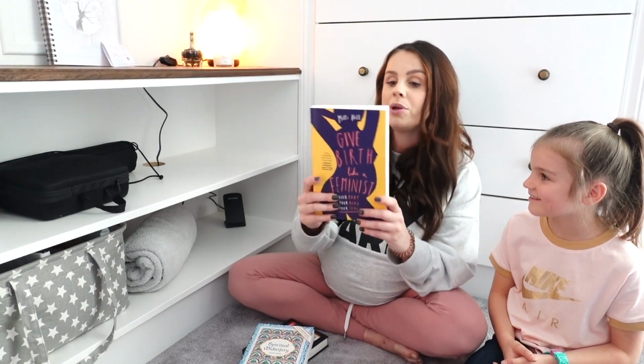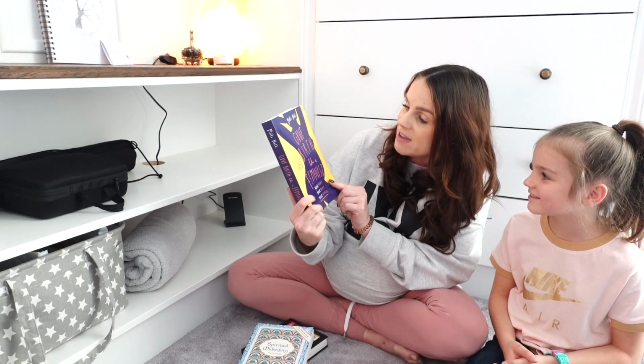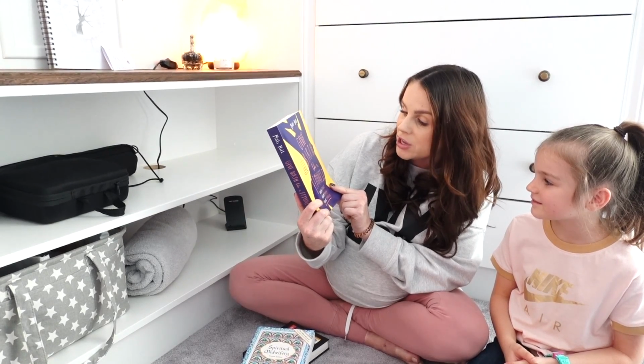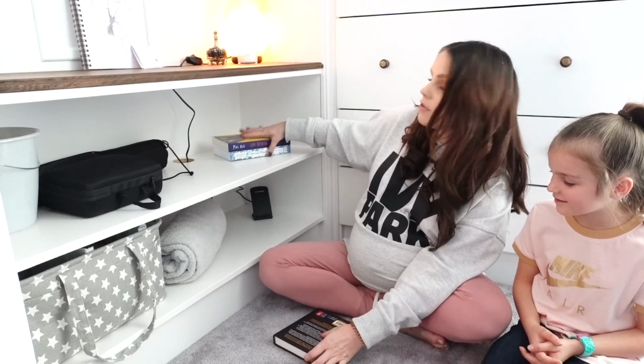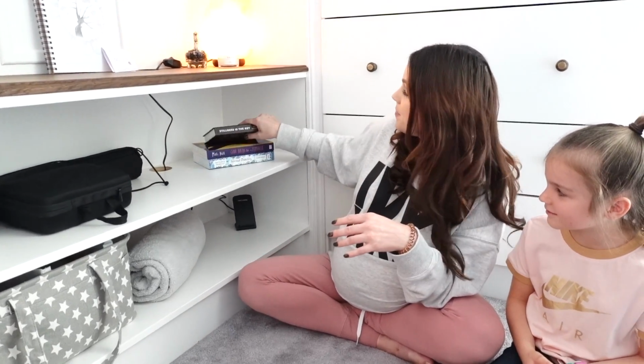And then here's another book which I'm reading at the moment as well. It's called Give Birth Like a Feminist. Your body, your baby, your choices. So definitely recommend. If any of you guys are into feminism or you're having a baby, read this. Really eye-opening. Anyway, that's my book collection there. So it might be nice just to have a little look at them. You know, if I glance over and see those books, it'll just remind me of what I've learned so